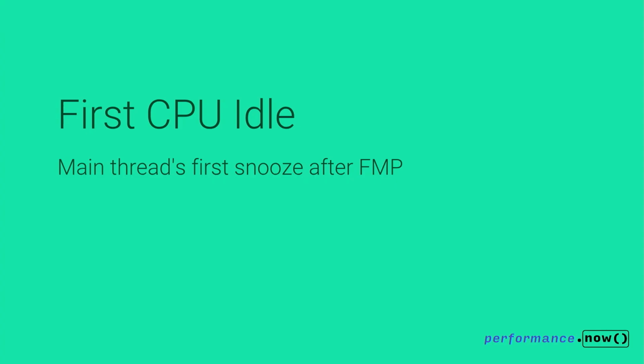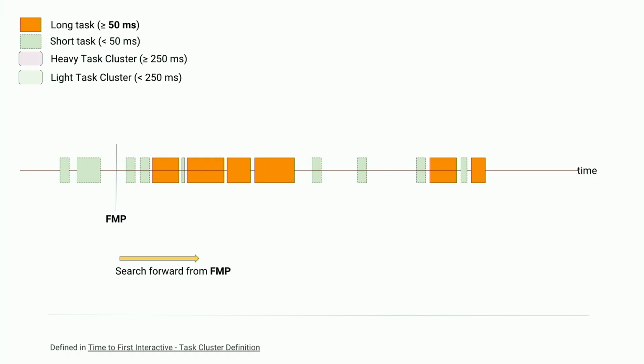First CPU idle was introduced to handle that case a little bit more. So a lot of times, these two metrics are right around the same point in time. But sometimes you'll see a little bit of a gap, and first CPU idle will be coming earlier. So the definition here is a little bit more complicated and annoying. We take all the long tasks, we group them, we cluster them